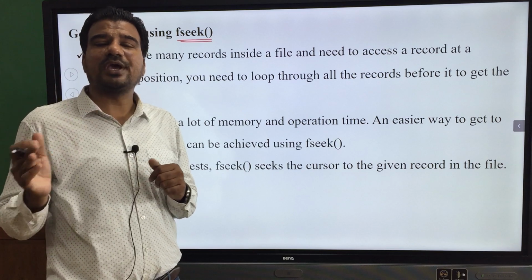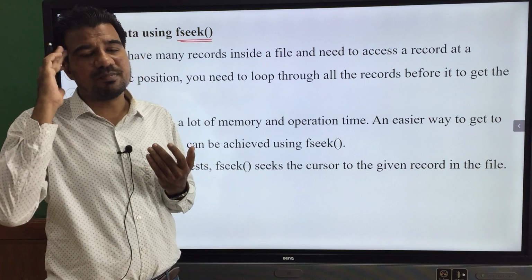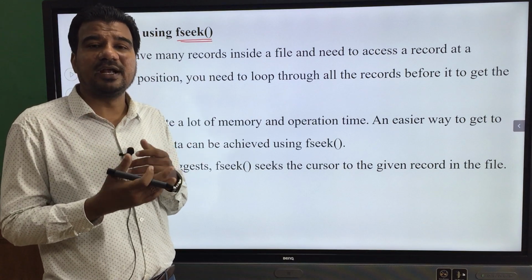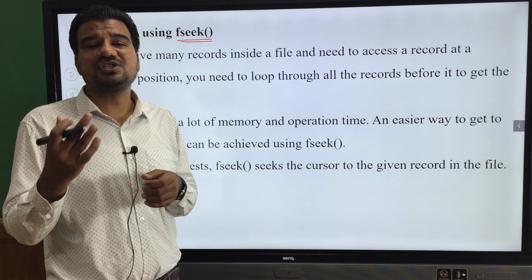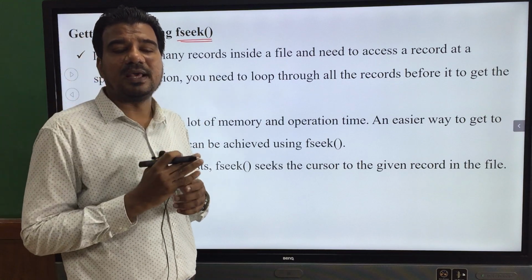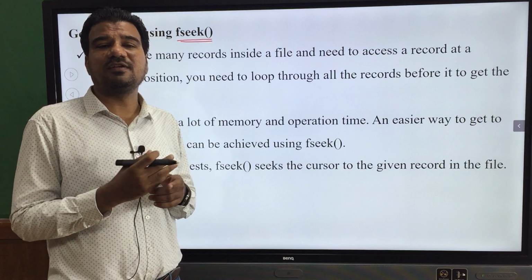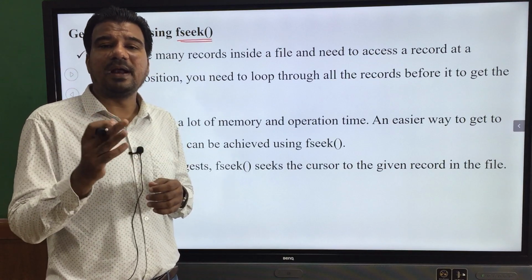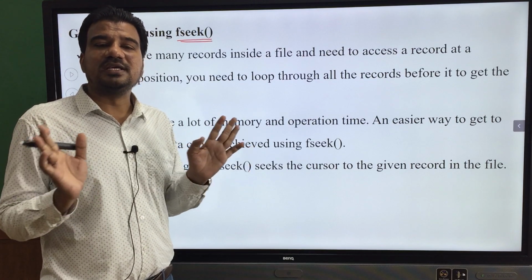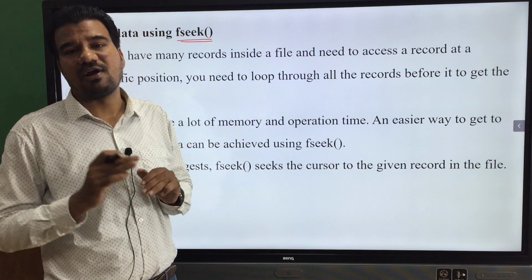And where the cursor location is, that also we can't see it. So simply we have to imagine. That's the reason the developers have given us the advice that whenever you are opening the file in read mode, the file marker will be placed at the beginning, and whenever you are opening the file in write mode or append mode, the file marker will be placed at the end of the file, so that you can easily read and so that you can easily write.